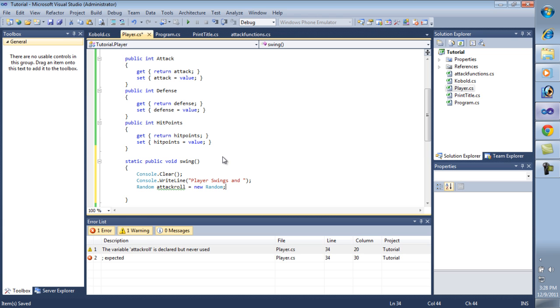And that pretty much means that attack roll, whoops, all that's doing is instantiating a version of the random class and naming it attack roll. I guess that's the best way to put it for me. And then what we want to do is create an integer type of final roll